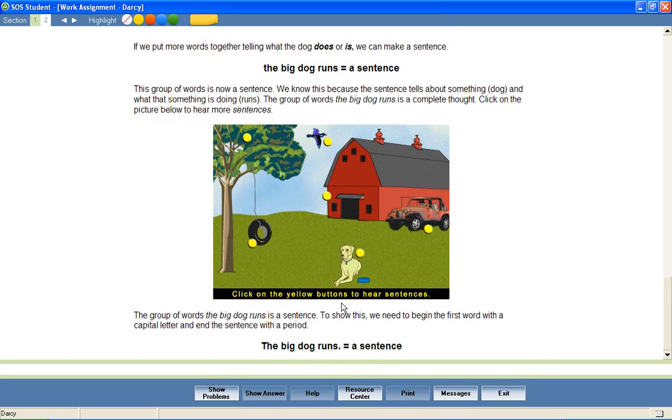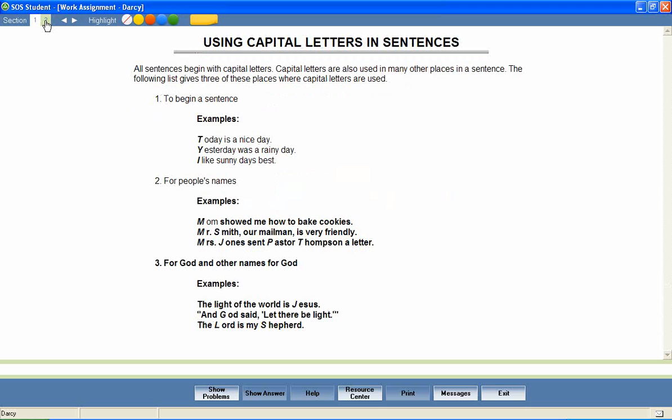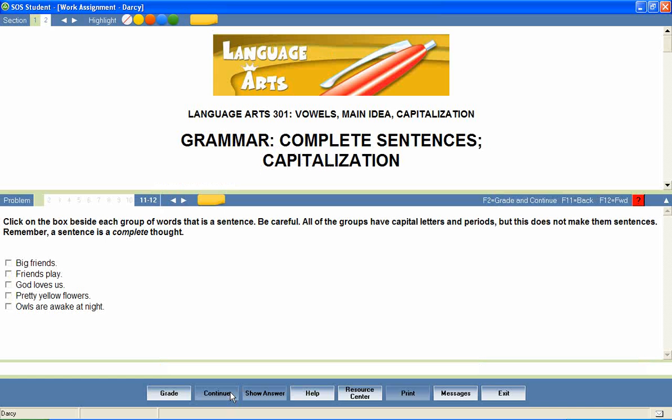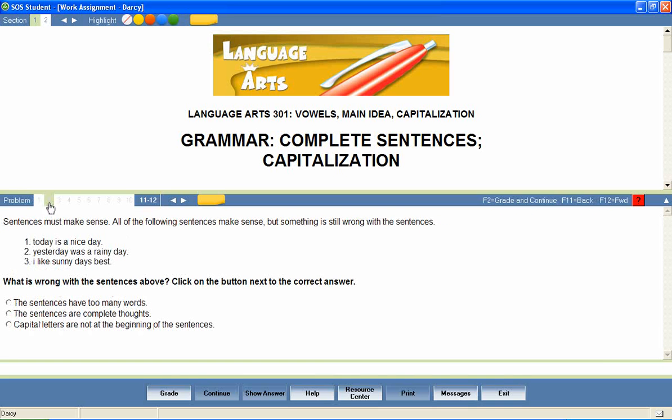Some lessons contain multiple sections. After reading the first section of the lesson, the student can continue on to the next section, reading the text and utilizing the included multimedia. At the end of the lesson, the student is presented with a series of questions that provide a review of lesson content. Questions are presented in a variety of formats, including matching, fill in the blank, true and false,